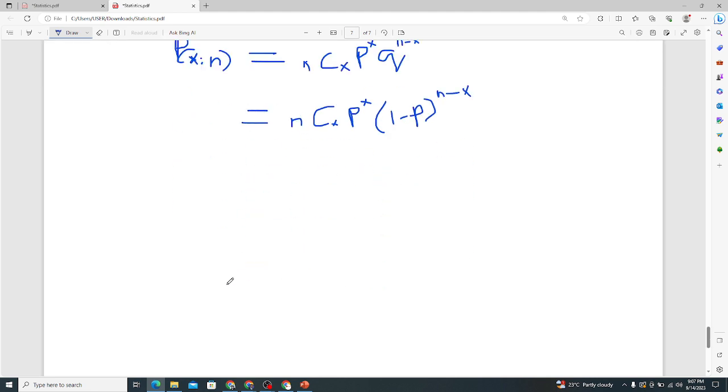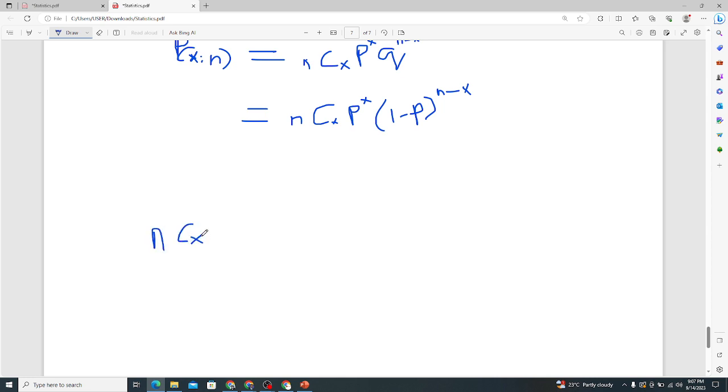So n combine x is something we can calculate in Excel. And if we can't calculate in Excel, we usually have a formula which simplifies this. So n combine x is the same as saying n factorial divided by x factorial times n minus